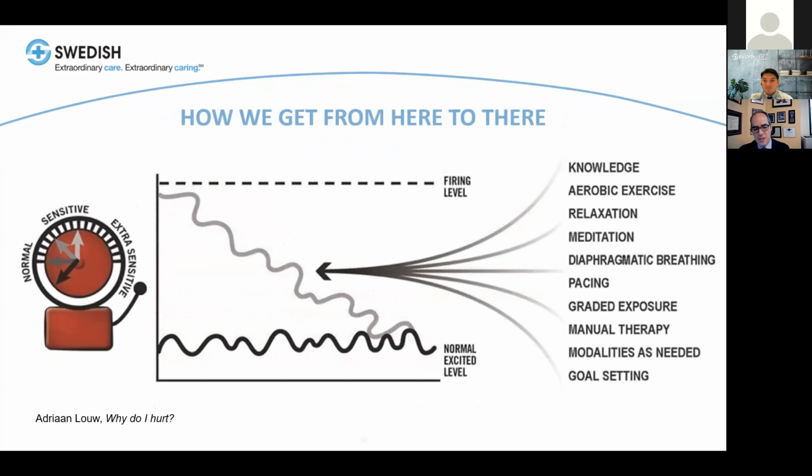So pain neuroscience education is just a way they use different kinds of stories. And here they're using this idea that your nervous system is sensitized. And so aerobic exercise, relaxation, meditation, diaphragmatic breathing, all of those are going to quiet down your sensitization. And so the physical therapists are actually teaching them that. And so our therapists are taught in this pain neuroscience education. It's been really good because I think it helps link the cognitive behavioral stuff, the relaxation, and that they can kind of control their bodies. Separate from the kind of biomedical approach that your disc is horrible and you can't move and bend. It really focuses more on how your